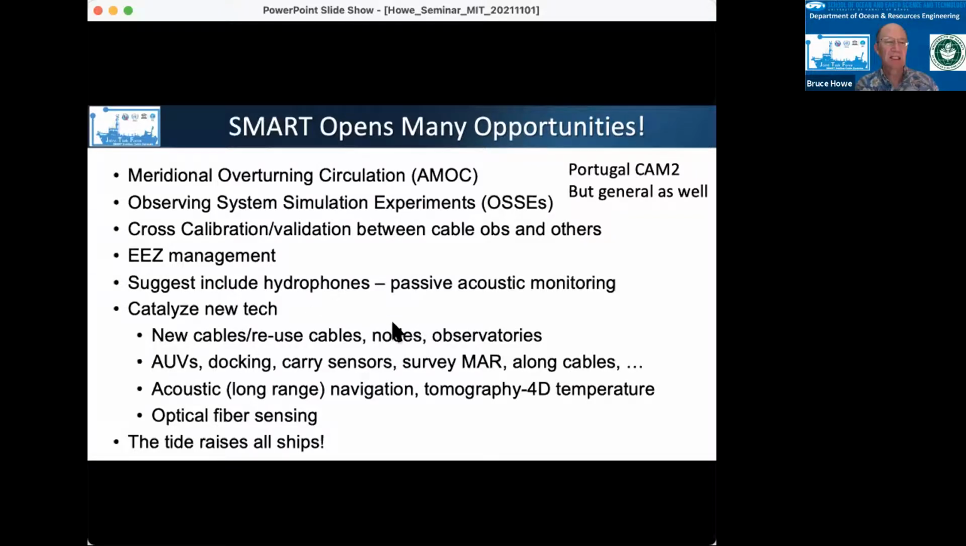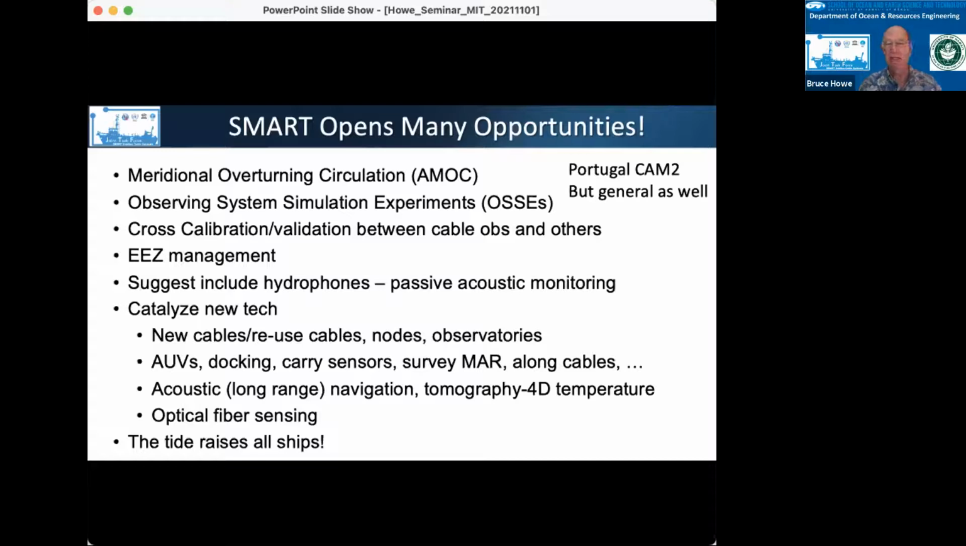And then furthermore, really my hope is that by putting in smart cables, which are basically measuring some very basic ocean parameters, they can catalyze other activities that will build on that and get more measurements of different kinds and so on. And so catalyze new cables, reusing old cables as cables are retired, and adding more detailed observatories, and especially adding docking stations for AUVs so that one can extend the spatial footprint out away from the fixed